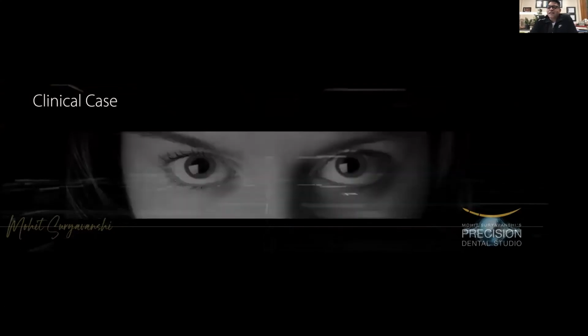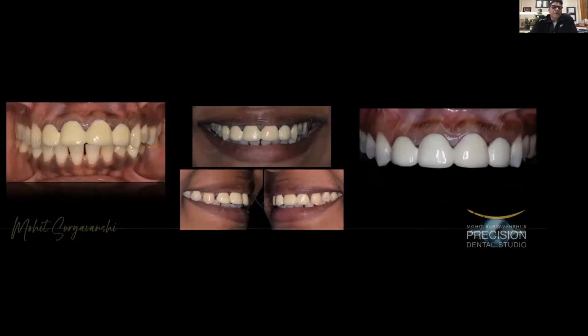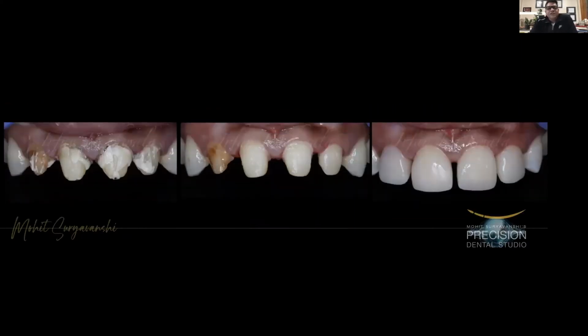So to start with the case, it was one case wherein the patient was wearing these porcelain fused to metal crowns, which were not up to the mark, and she was quite a charming lady, and she had some expectations. This was earlier preparations. The case was treated by a dentist friend of mine, and the earlier restorations were removed, and on the extreme left, what you can see is after the immediate removal of the restorations, a proper treatment and a proper contouring of the preps was done,